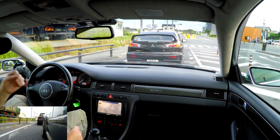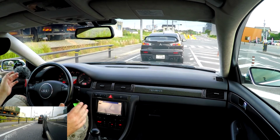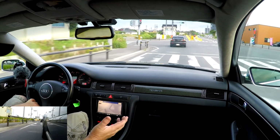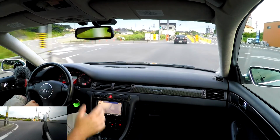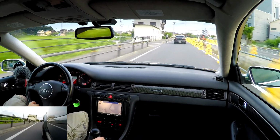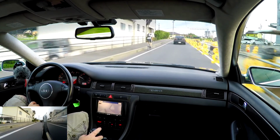I'll give you a walk around when I stop. The boot space is absolutely huge. The rear seats fold down, and yeah, they're just so nice, and they go so well too. But anyway,